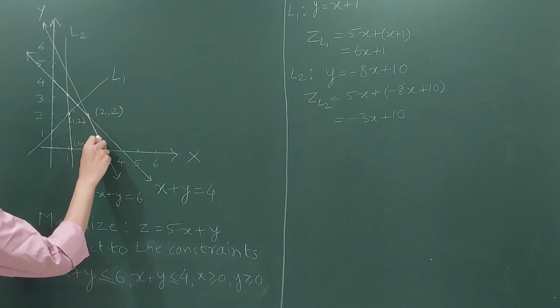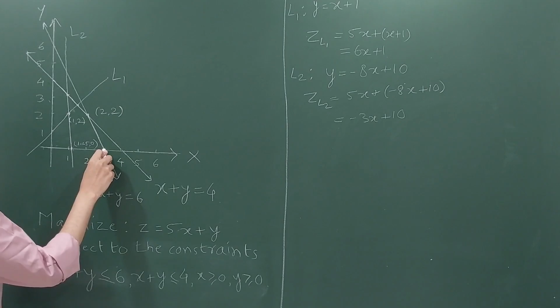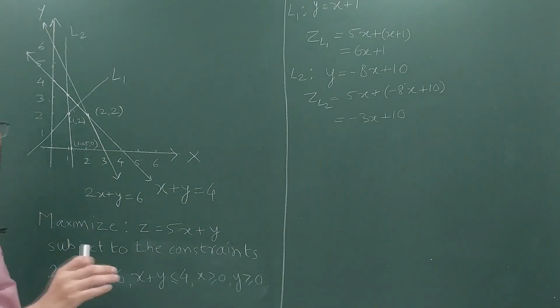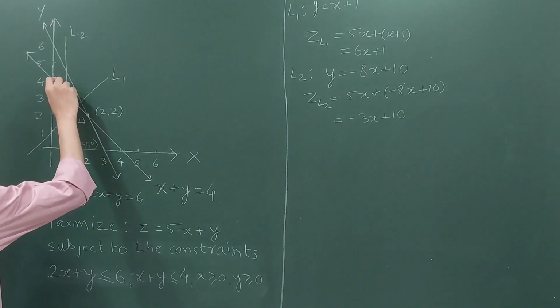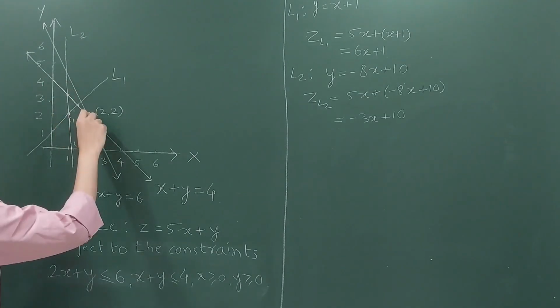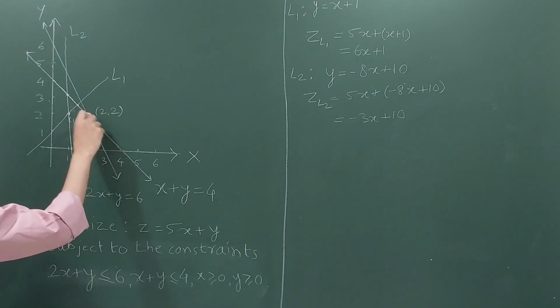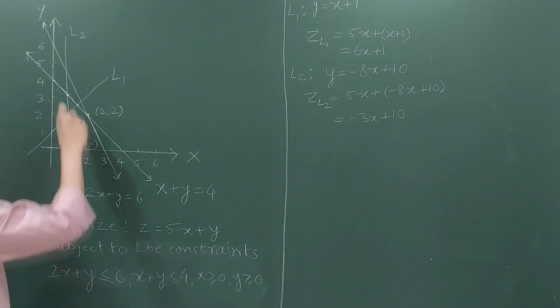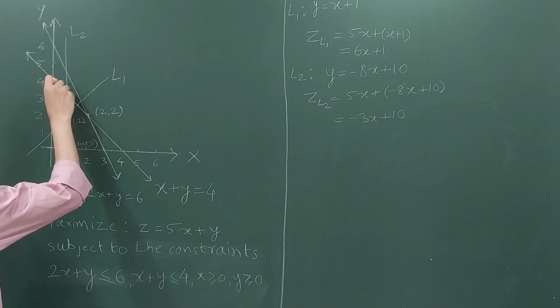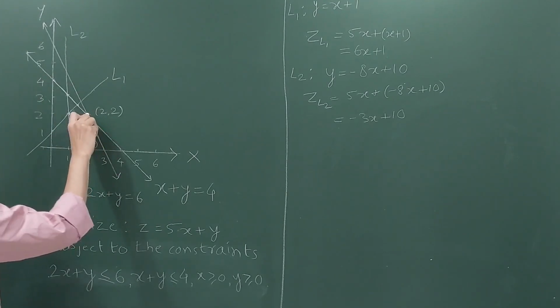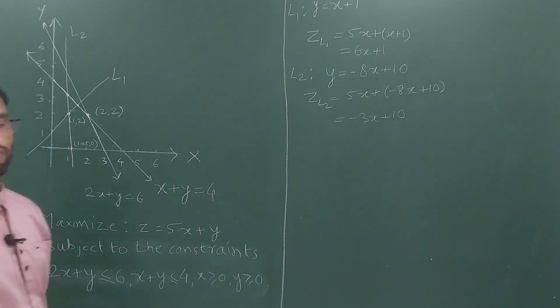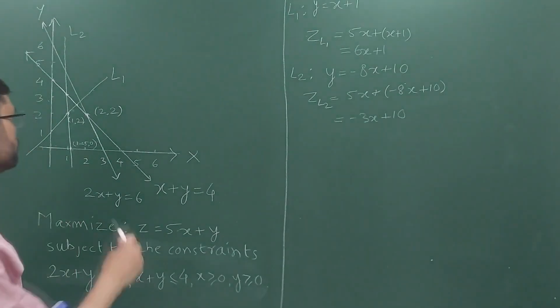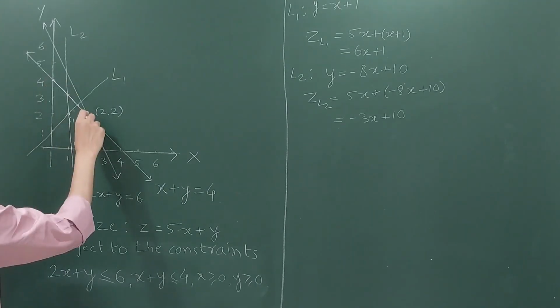This edge also is a part of the boundary of the feasible region. We can argue in the same way and say that the objective function either increases in this direction or decreases in this direction. If it increases in this direction, then the maximum value is attained at this point, or if it decreases in this direction, then the maximum value is attained at this point and minimum is attained at this point. So therefore, in order to find out where the maximum is attained, we need to check only the value of the objective function at the vertices